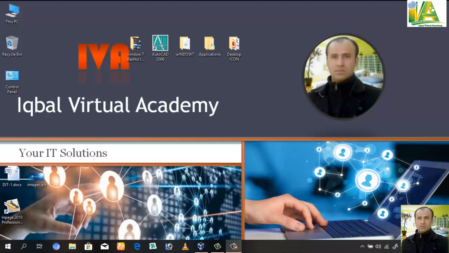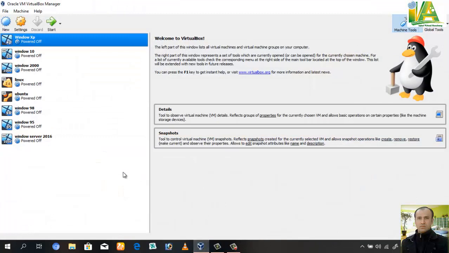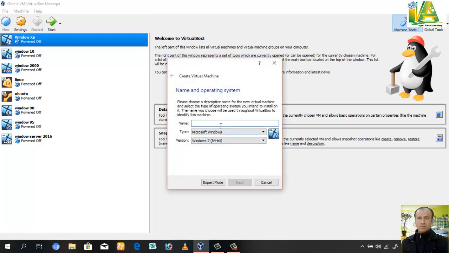Today we are going to install Windows 7 on VirtualBox. So how to install Windows 7? Let's do it. You have to open VirtualBox first, then click on New to create a new virtual machine and type the name Windows